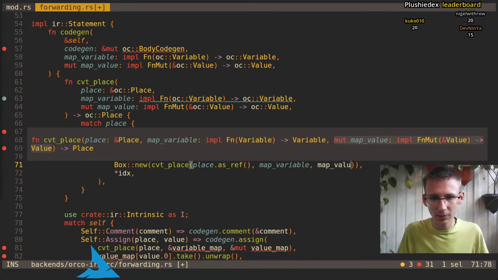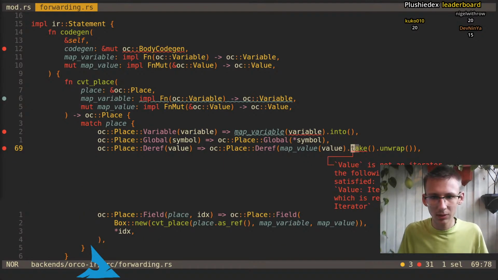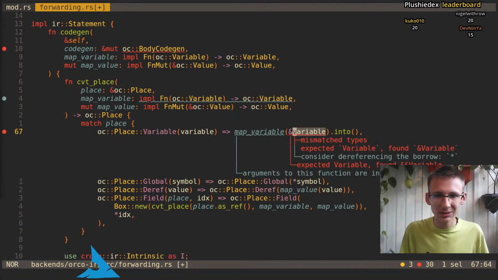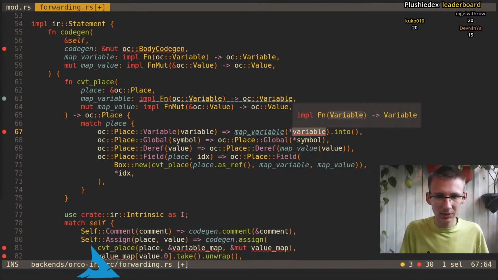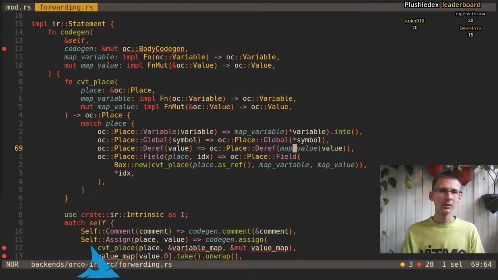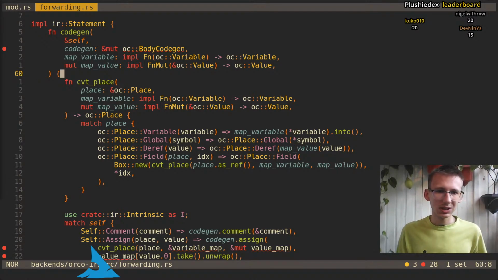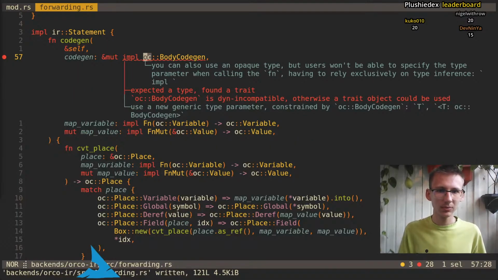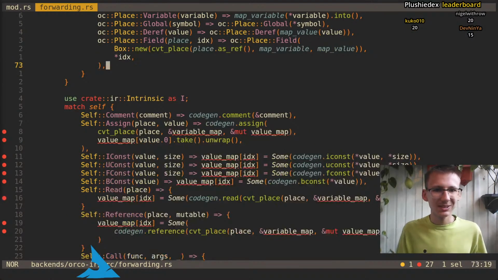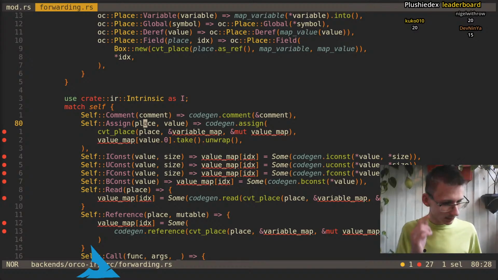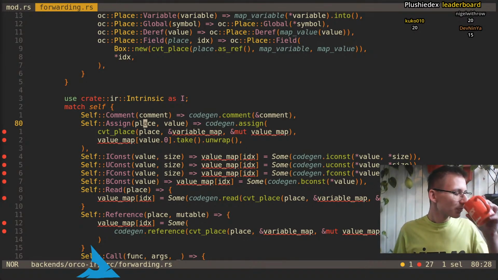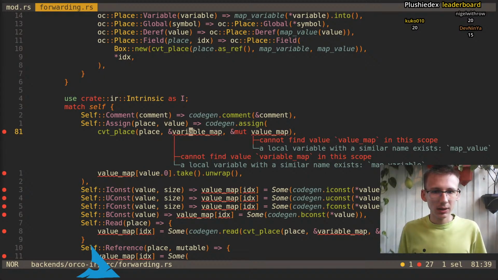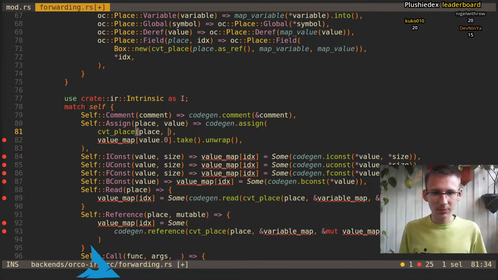Map value. Oh, taken wrapper, shouldn't be here. Expected regular variable, deref set. So there's that. Oh, info. Incompatible. So convert place, map variable,